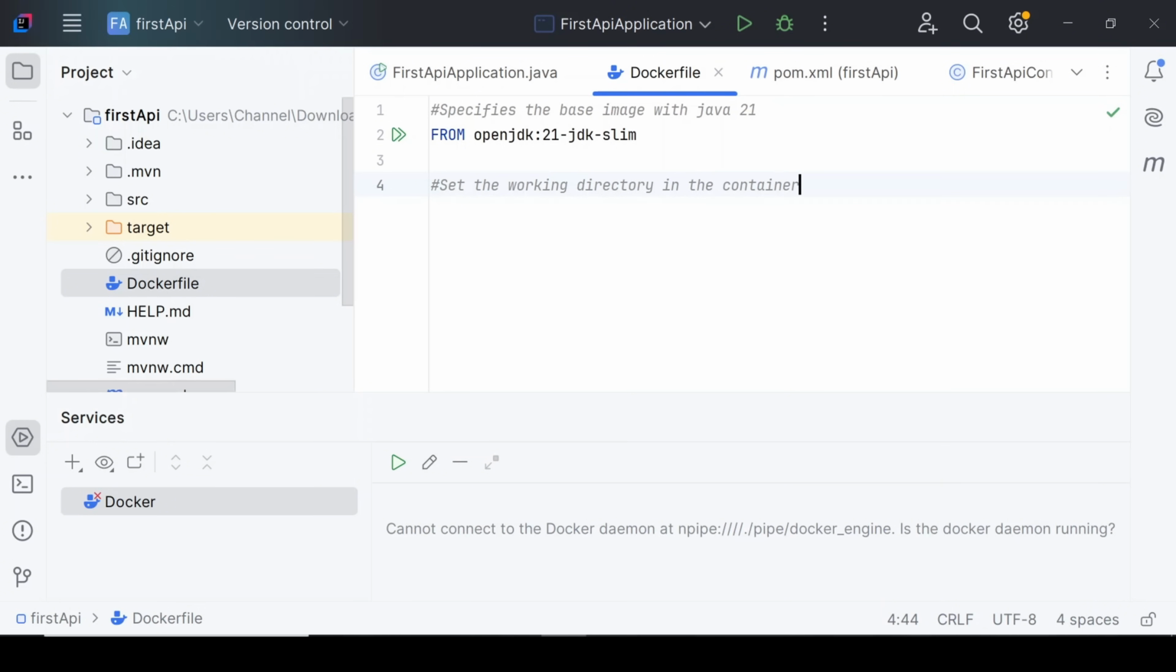All right, so how do you do that? You want to do a work directory, and we use /app. All right. Then the third thing we want to do is we want to copy our jar file when the